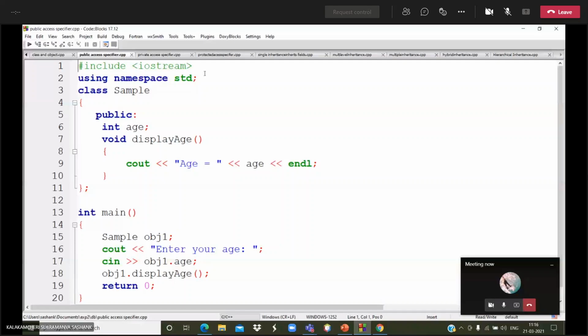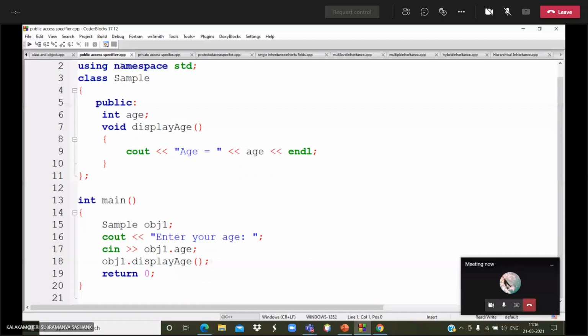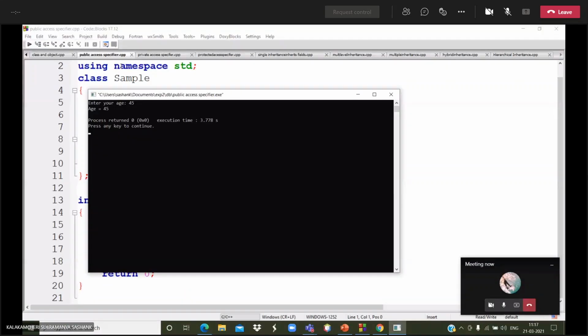Then suppose you have given the age as a private member, then we want to access it. See, in the method I am given that argument as int a. Then I am assigning that private member to another variable. Then I am accessing that variable through the object. We can't access the private member directly with the object. See, I am running the same code.